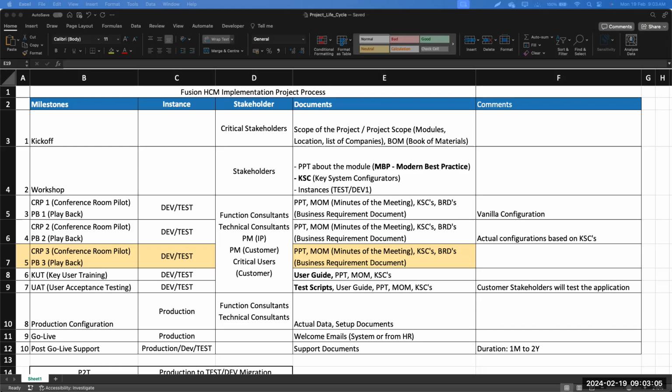Go ahead, Harish. So that means all the functional or technical consultants will have experience working on 24A. That's what it means? See, ideally speaking, Rajendra, that's a very challenging question. As a functional